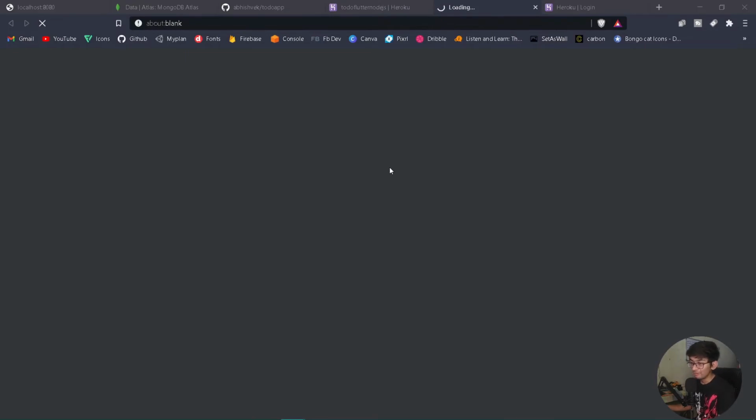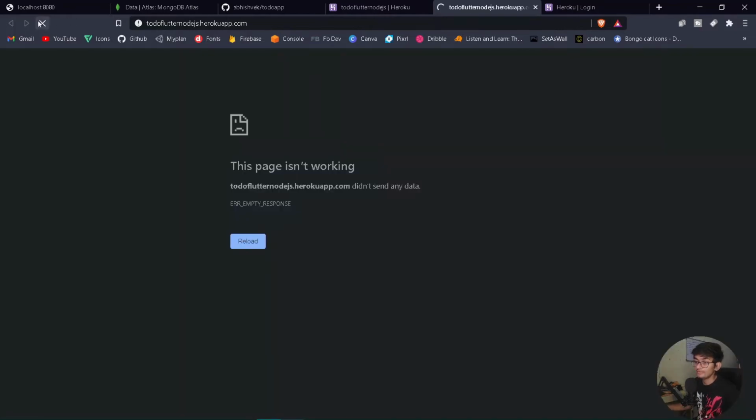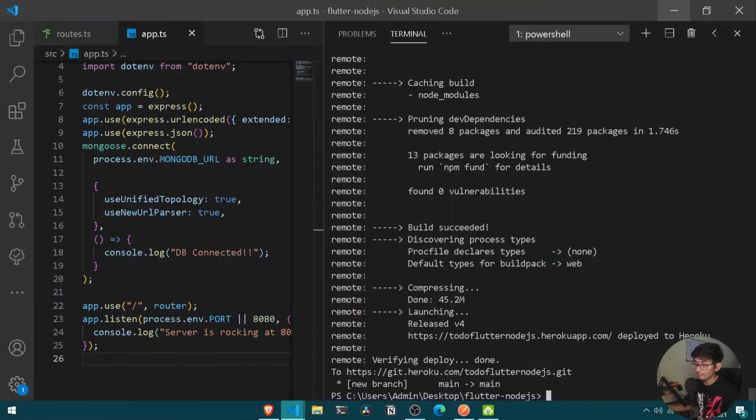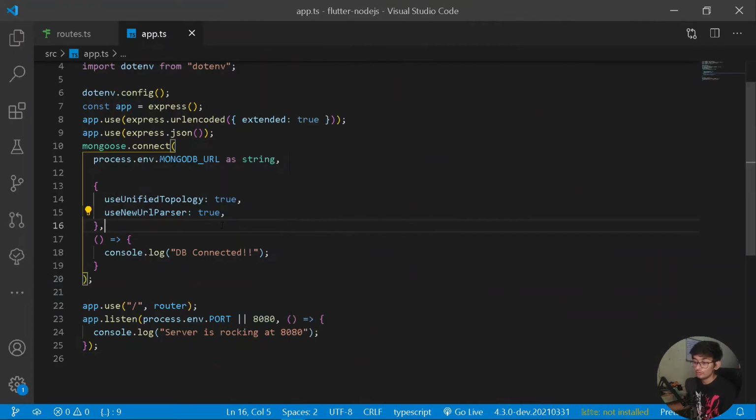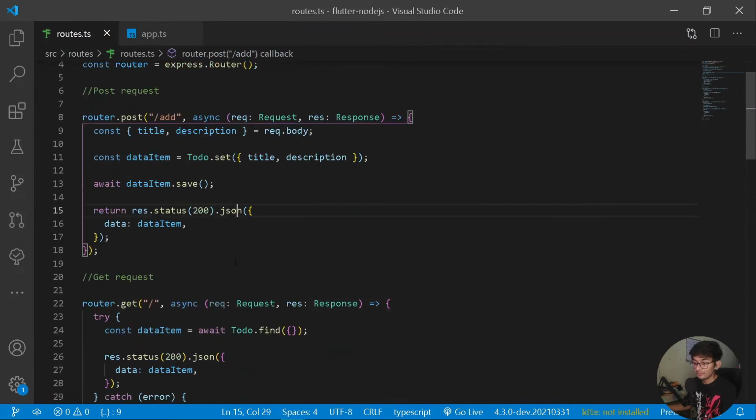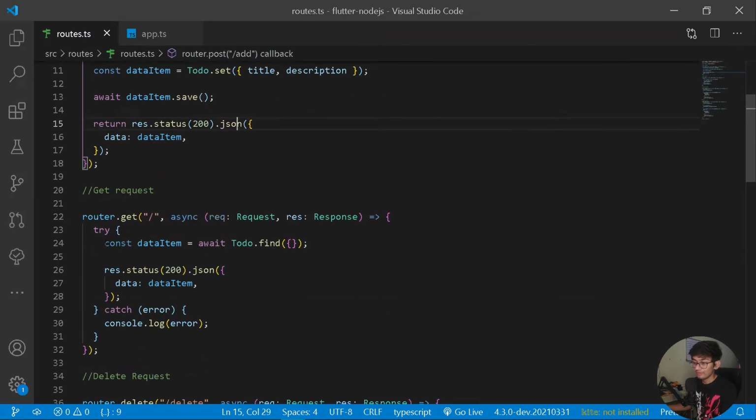This might take some time for the first try, just wait for it. Alright, it is loading up, no worries. Alright, let's load it one more time. Okay, let's try opening our entire project and let's check our routes or what is happening here. Alright, we have our get and we have our find, just like we expected.